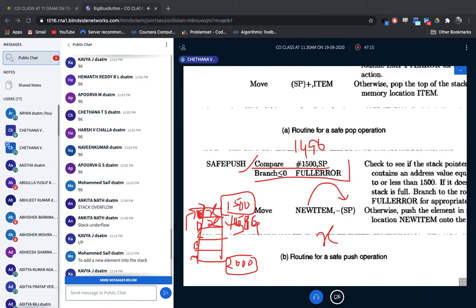1504. So as soon as I have inserted the item X, I should point my SP one place next to that. That is why I am going to decrement it. As soon as I have decremented, it is pointing to 1500. Okay, this is pointing here, 1500. So like that I am going to insert the item and then decrement the pointer. Just decrement that pointer actually. Okay, so that is what actually one thing.